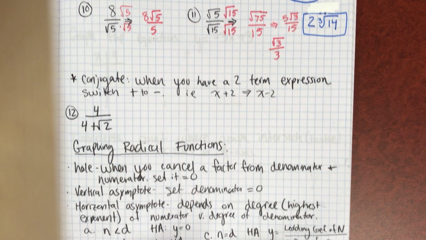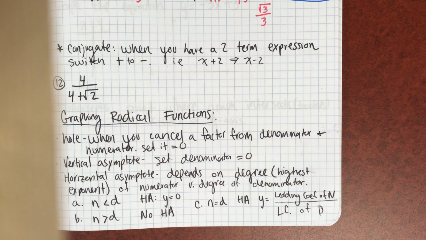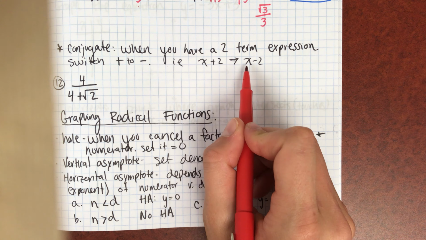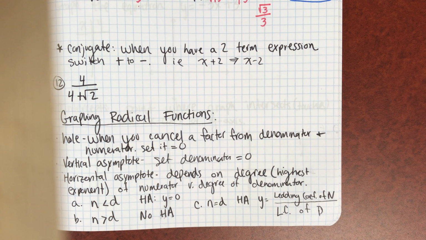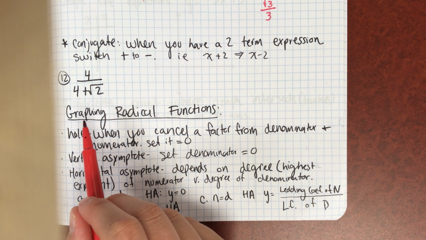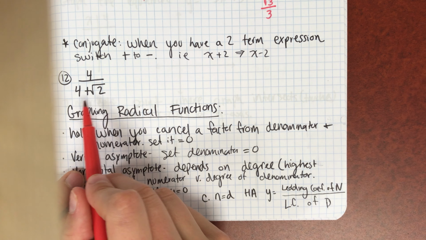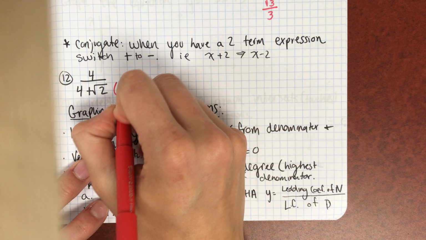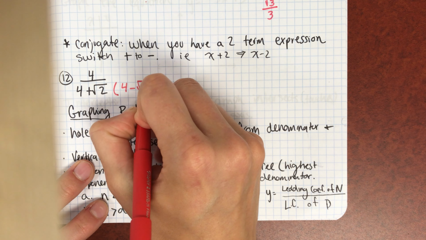All right. A conjugate is when you have a two-term expression, you switch the positive to a negative. So if you have a plus sign, make it a negative. For example, x plus 2, the conjugate would be x minus 2. We need to use the conjugate if you have a radical in the bottom that's being added or subtracted by something. So when you multiply by the conjugate,